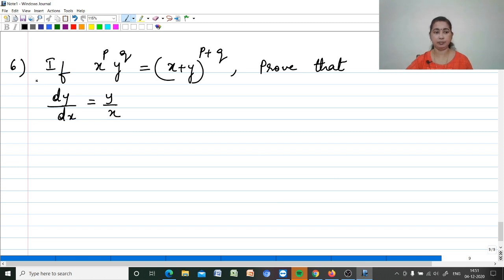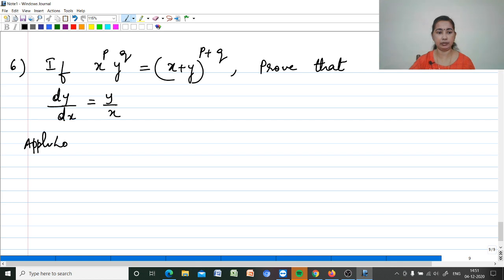Next question. If x raised to p into y raised to q is equal to x plus y whole raised to p plus q, prove that dy by dx equal to y by x. How can we prove this? So we can apply log on both sides because it is all power exponential. So applying log on both sides, we can write